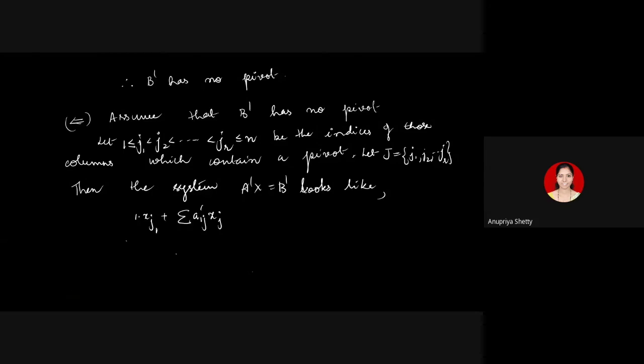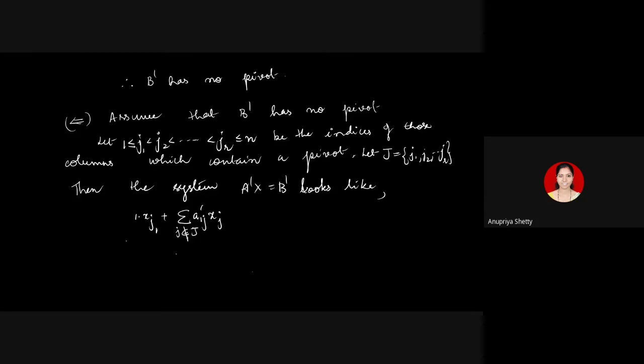See, the entry corresponding to the j1th position is already separated, and the entries previous to the j1th position are all zeros because 1 is the first non-zero entry. Exactly how many non-zero entries are there in that row, we don't know. But the numbers which correspond to the pivotal columns are all taken in capital J. So in this summation, the index j does not belong to J. I hope this should be fine. I'm writing that equation.